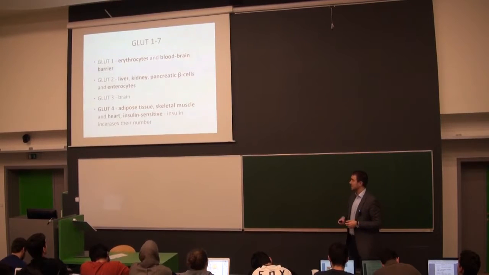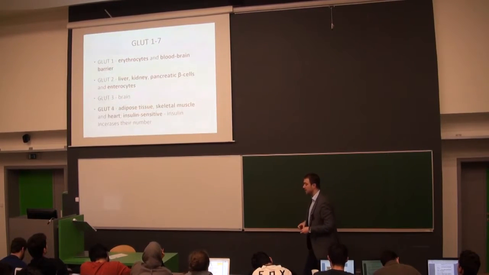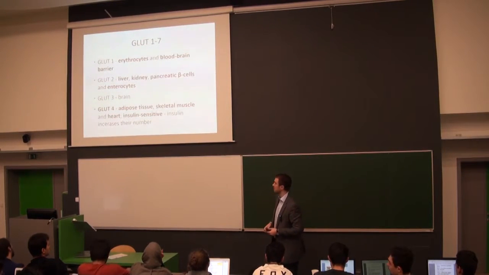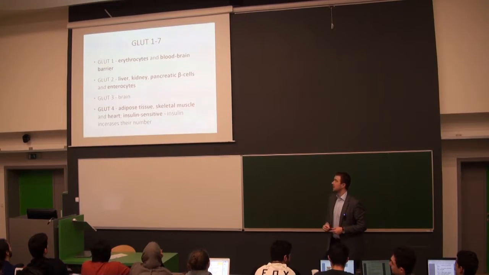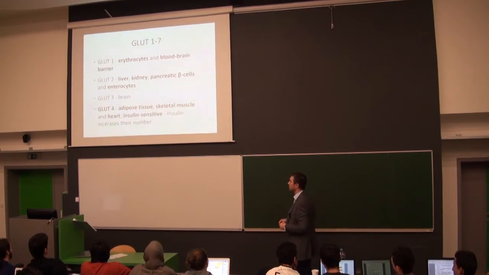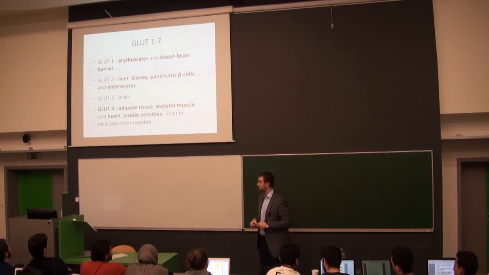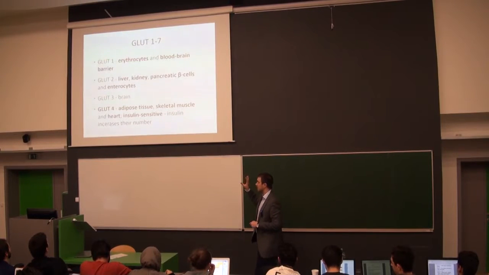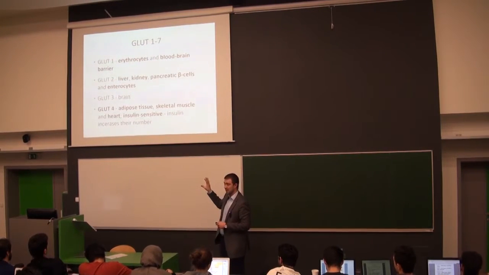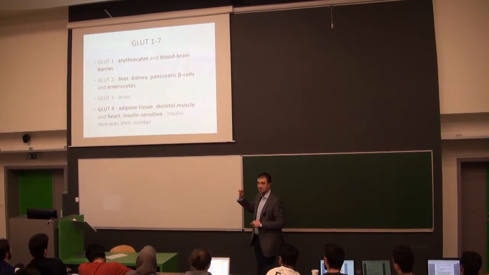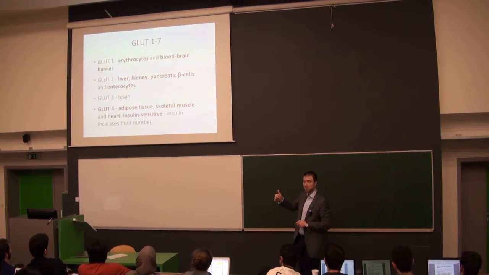So pancreatic beta cells are producing insulin, and therefore it's logical that their transporters are not dependent on insulin. And the similar thing is for the liver, the main executive organ regulating the glycemia. And the GLUT4, that means the transporters that are located inside the cell membrane in high densities when there is some insulin inside the blood.